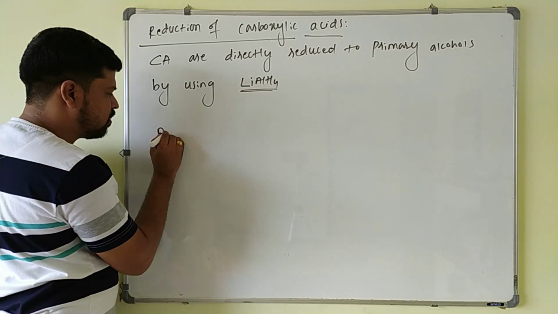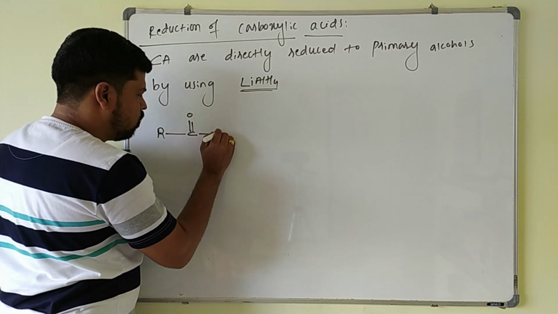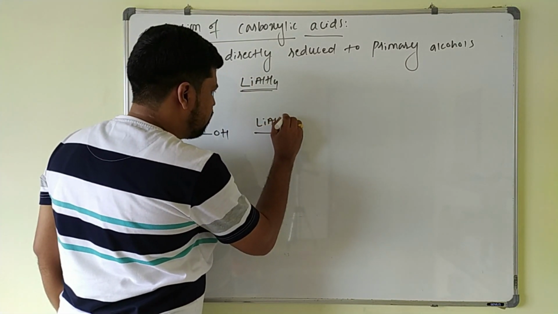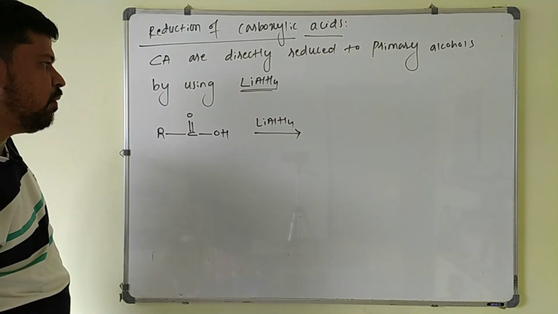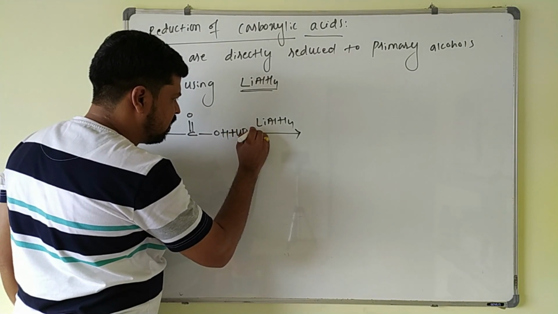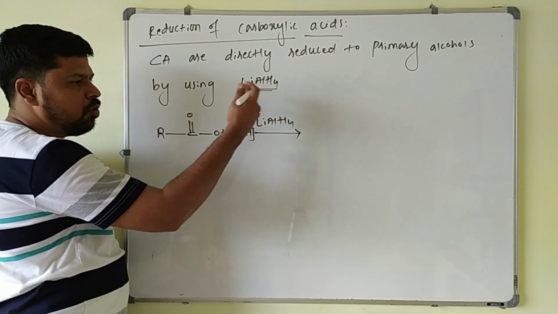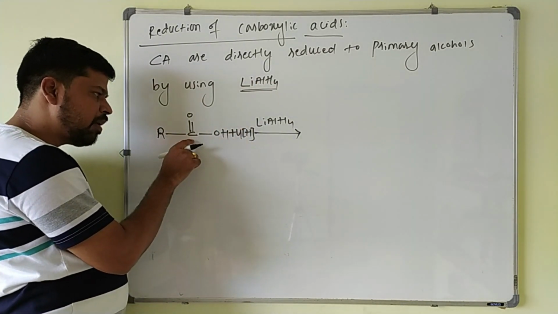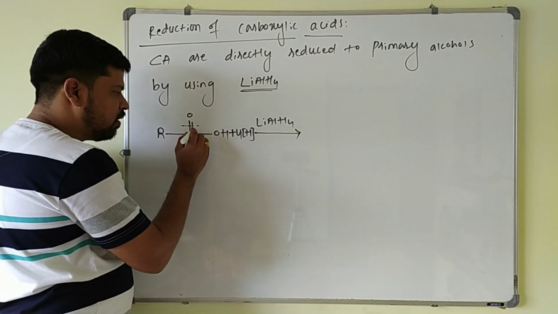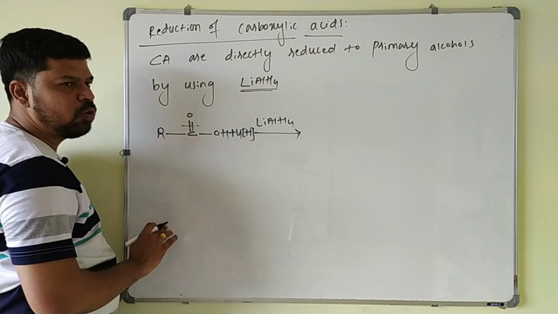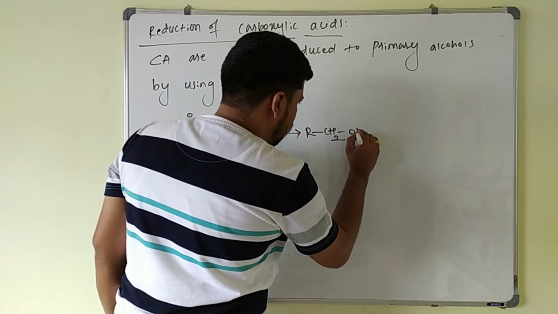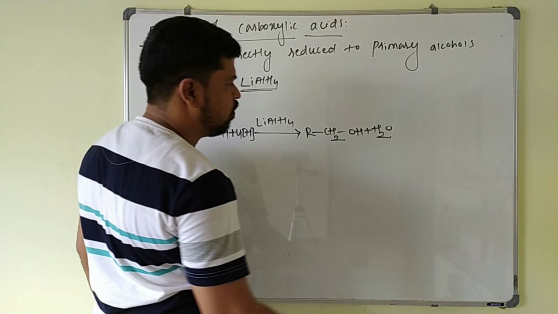Suppose if I take this carboxylic acid RC double bond O OH, this on treating with lithium aluminum hydride. This lithium aluminum hydride is a very good reducing agent. So here it adds 4 hydrogen. 2 hydrogen combine with this oxygen to form water molecule, and remaining 2 hydrogen they will combine with this carbon atom. So in this one, simply this carbon oxygen double bond, CO will be converted to what? CH2 group here. Okay. So what will be your answer now? R CH2 OH plus water molecule.